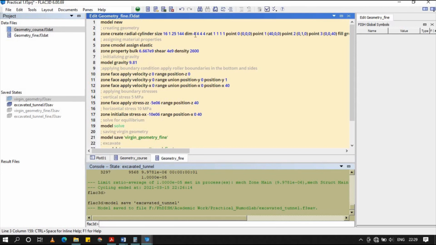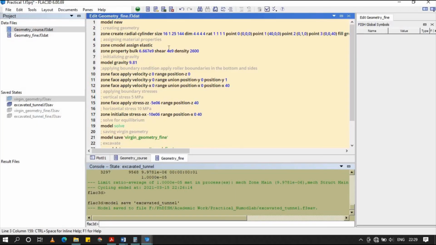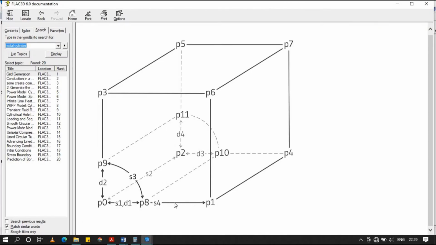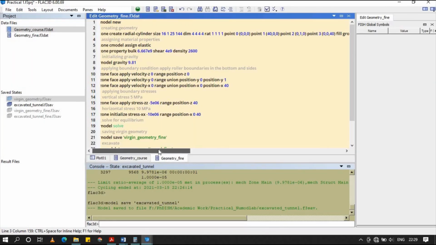To cover almost 6 meters with 0.25 mesh size, it will come almost 25 elements, and for the remaining 36 meters, 36 divided by 0.25 will give you 144.